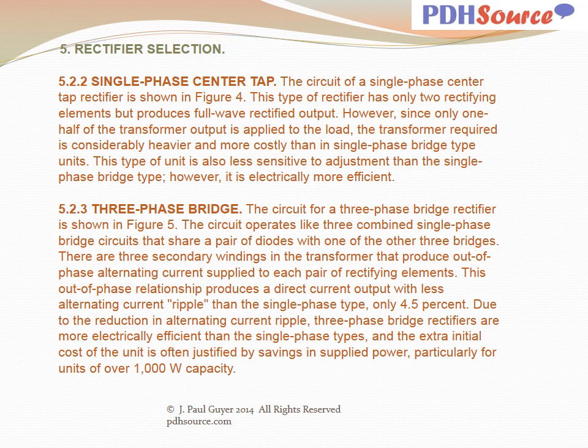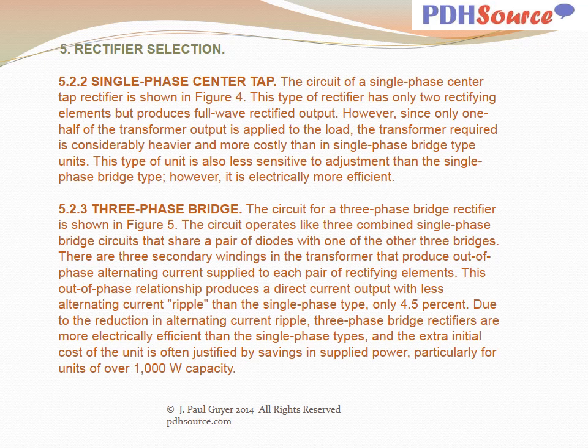With regard to the 3-phase bridge, the circuit for a 3-phase bridge rectifier is shown in Figure 5. The circuit operates like 3 combined single-phase bridge circuits that share a pair of diodes with one of the other 3 bridges. There are 3 secondary windings in the transformer that produce out-of-phase alternating current supplied to each pair of rectifying elements. This out-of-phase relationship produces a direct current output with less alternating current ripple than the single-phase type, only